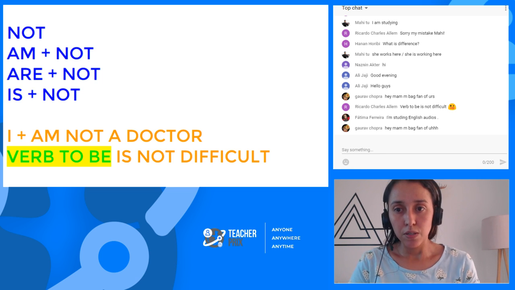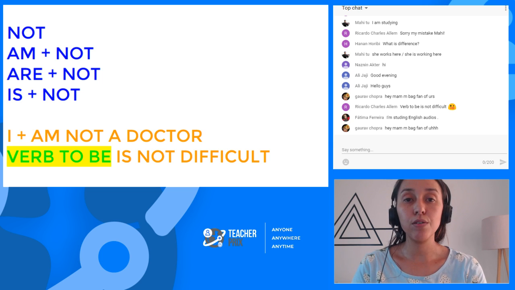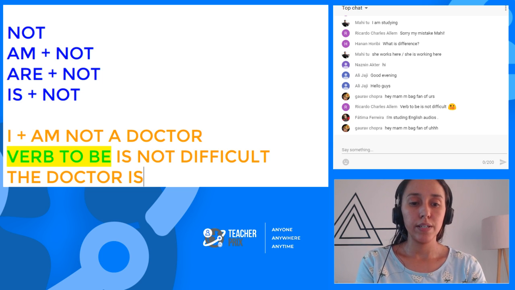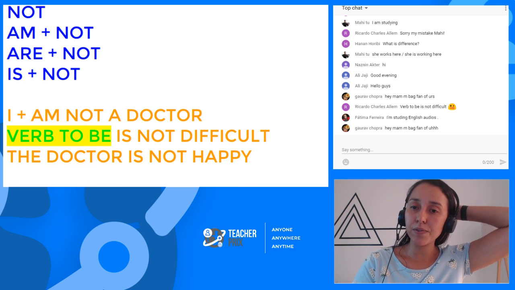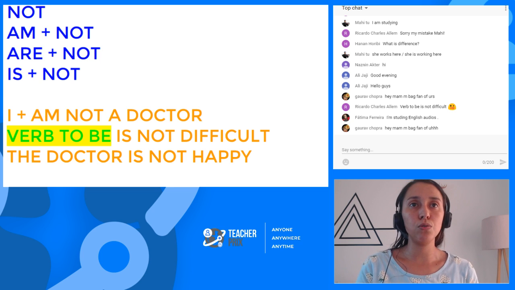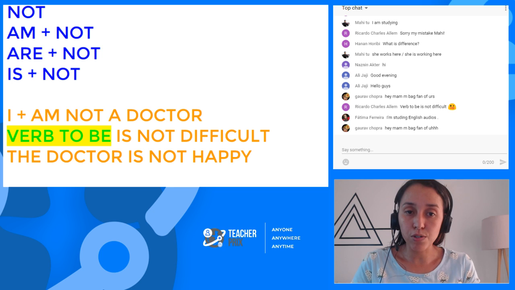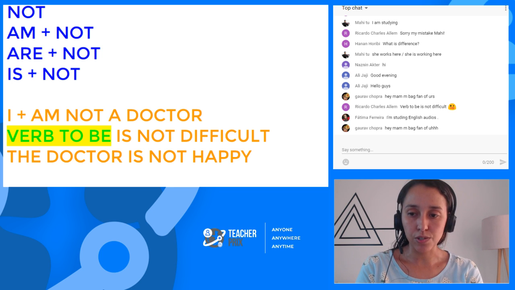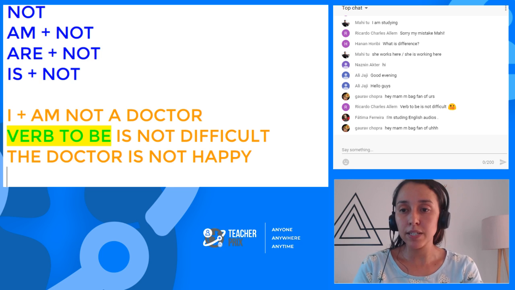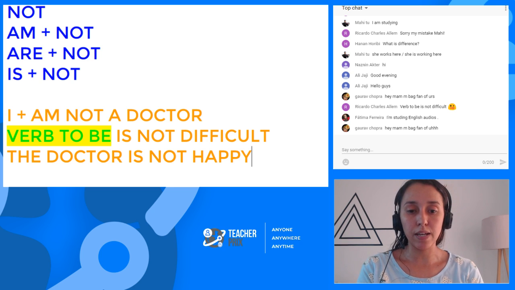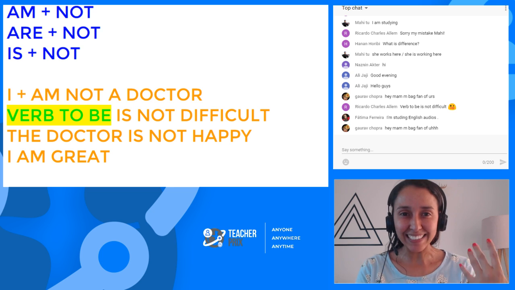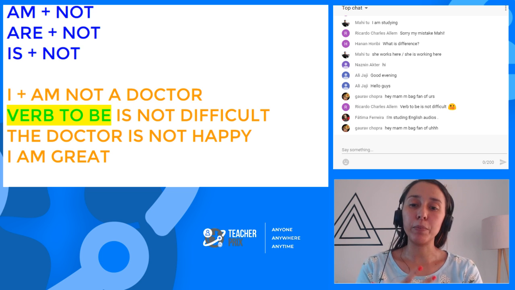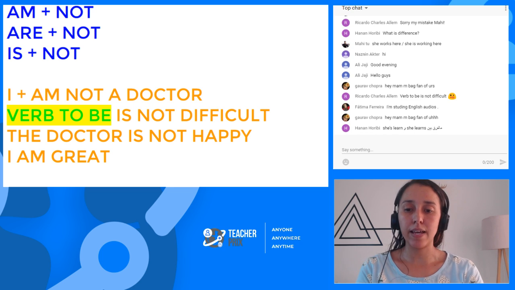The pronoun is an option. You don't need to use the pronoun all the time. You can use other words. The doctor is not happy. Doctor's not happy. Here I use the doctor. I could use he, I could use she, but I just said the doctor. So this happens a lot in English, okay? The pronoun is just to help you because we need pronouns. For example, if you're talking about yourself, I am great, feeling good. I'm not going to say teacher Brick's great, I'm going to say I am okay, I am great. So the pronoun has a purpose, a place and time, okay?